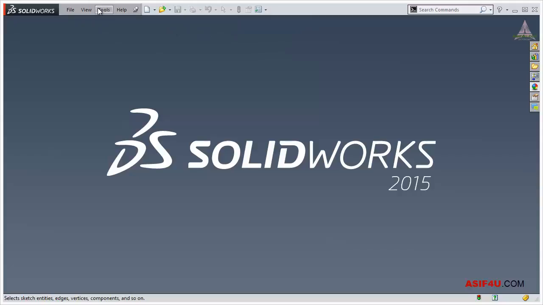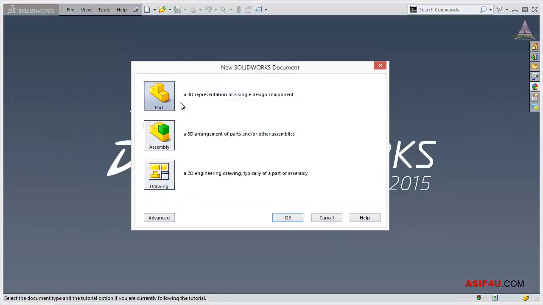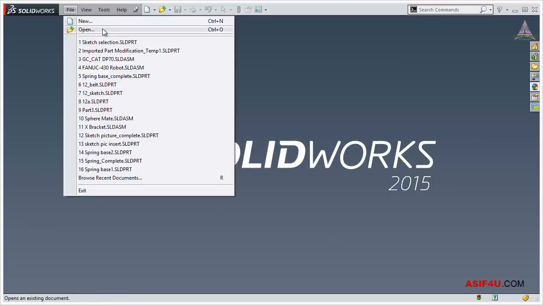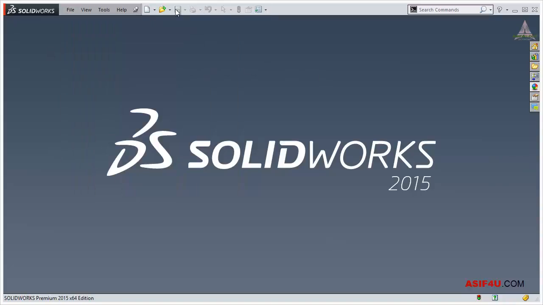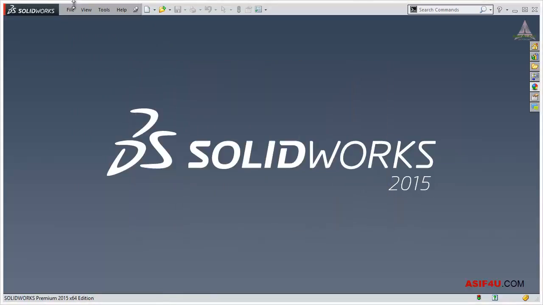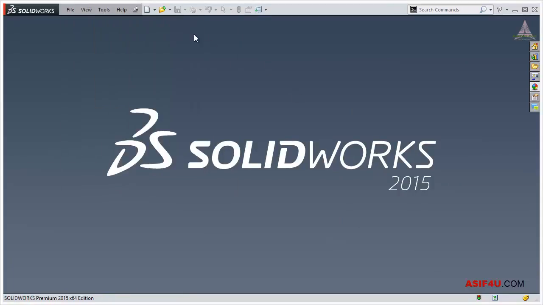By using this title bar menu, you can create a new file from here. There are three different types of file: part, assembly, and drawing. Also you can open any file, or any file which is in your history. On the right hand side, there are a few different shortcuts. If you want to create a new file, you can do the same thing from the File menu. In File, View, and Tools, there are a few different options available, but here